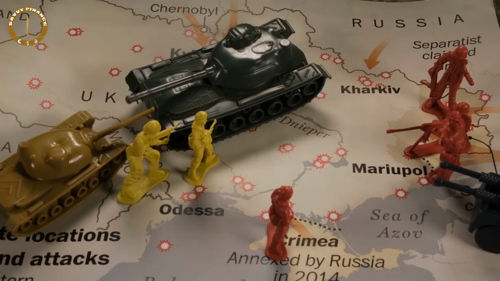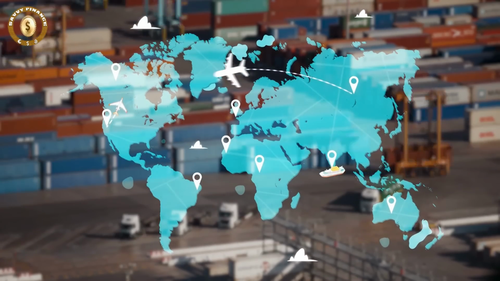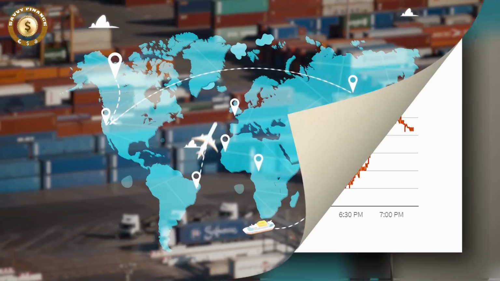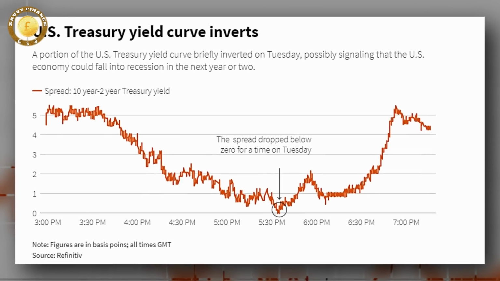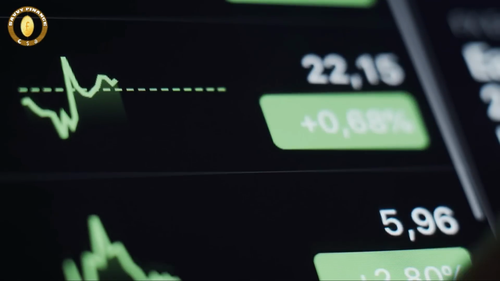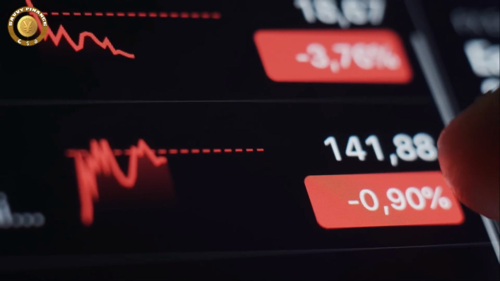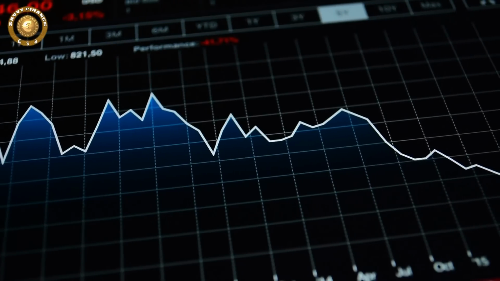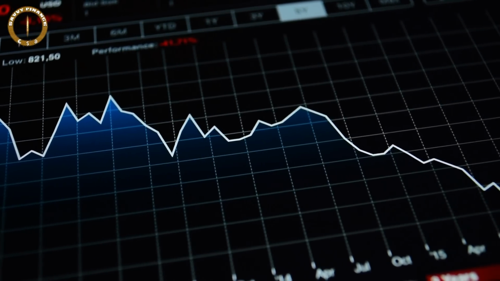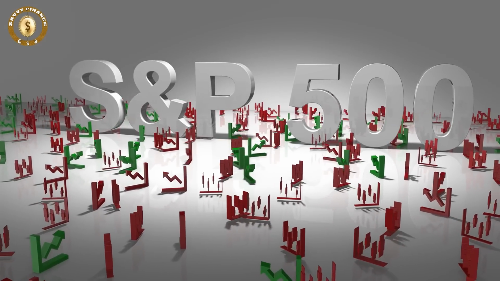As if global unrest over the invasion of the Ukraine, new COVID lockdowns around the world, and continued supply chain tangles weren't enough, now the markets have another red flag to contend with. Late Thursday, after flirting with the milestone for days, the bond market's yield curve inverted. The yield on the 2-year Treasury was at 2.337%, while the yield on the 10-year Treasury fell to 2.331%, turning the spread negative. The inversion is a warning signal that the markets are expecting the economy to worsen and serve as a fitting end to the worst quarter for the S&P 500 in 2 years.